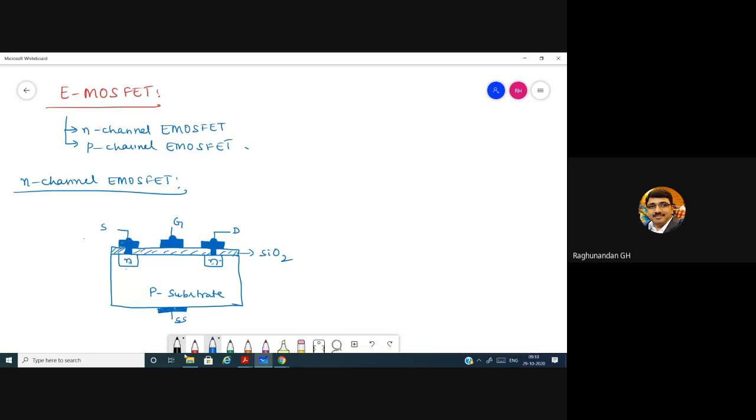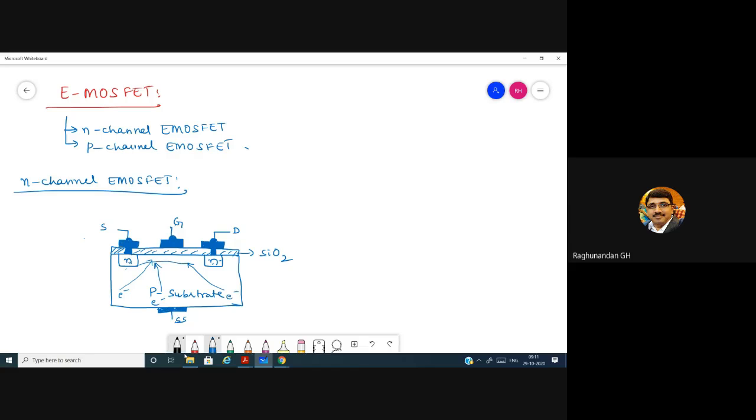Minority carriers are present. So the idea behind this operation is that we bias this gate in such a way that all the electrons present here and there in the minority position get attracted towards this, and they are going to form